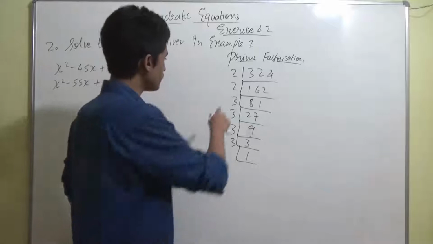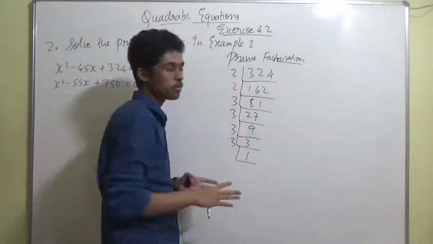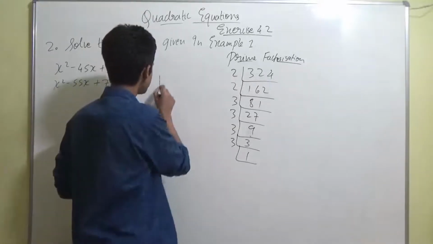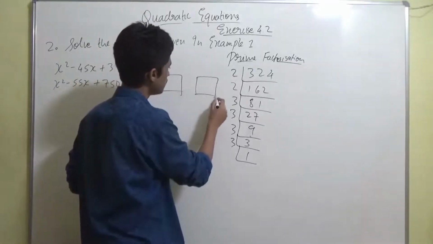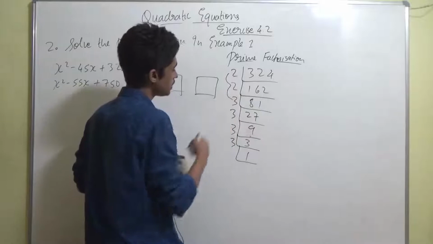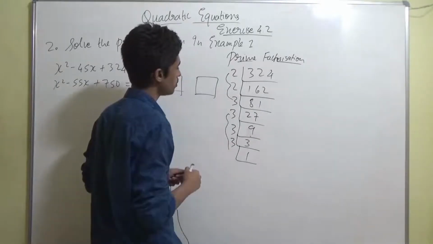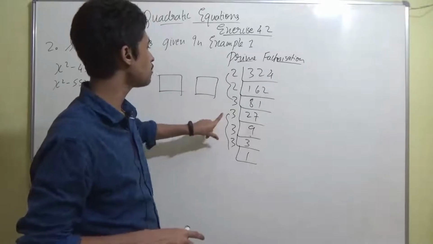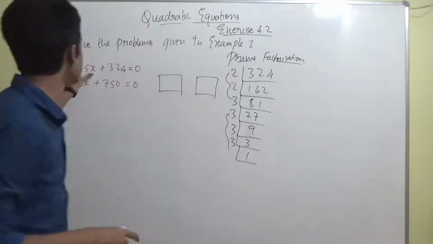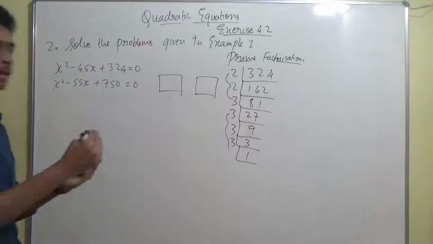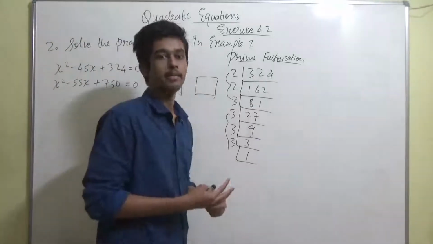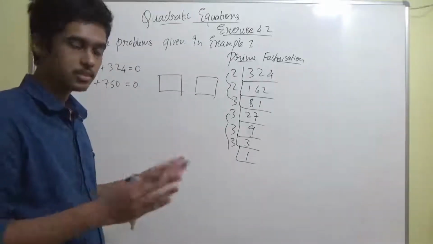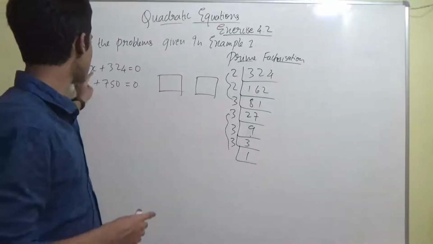Now multiply any numbers together, and you have to create 2 numbers, right? For example, these 3 numbers you're multiplying and these 3 numbers you're multiplying. Now if you see, this number plus this number, after adding them, you have to get this middle term. Getting it, guys? Make any combination, but after the addition, that is the sum, you have to get minus 45.